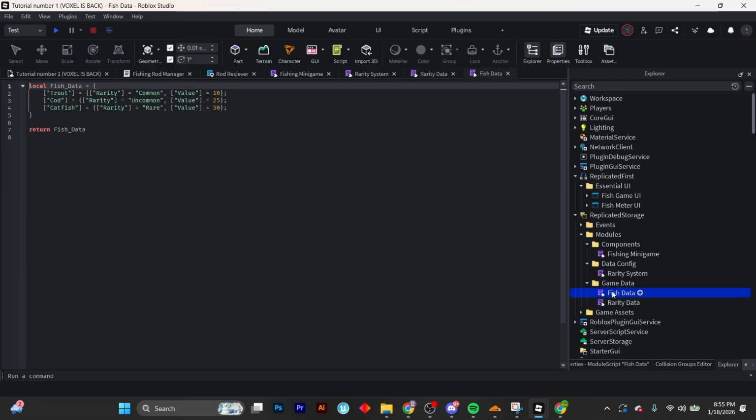Just make another module script and call it fish data, and then add this to it. But if we look at our fish data, we only have a common one, an uncommon, and a rare. You can obviously make more. Like, you could just copy this. You could literally just copy this, change the name to like